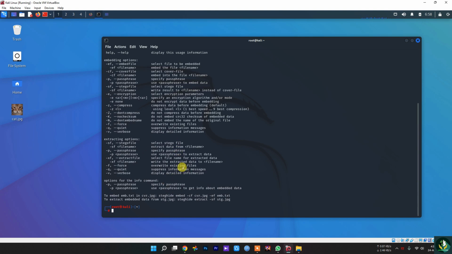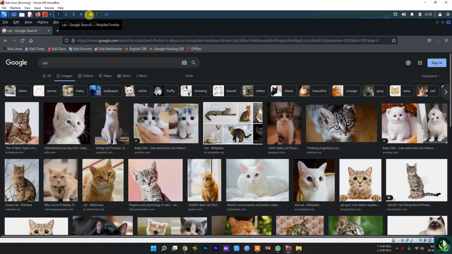So let's go to our browser and download a picture. I already downloaded a picture for this testing purpose. So we see probably over 100 images a day on the internet, on our phone or social media. But